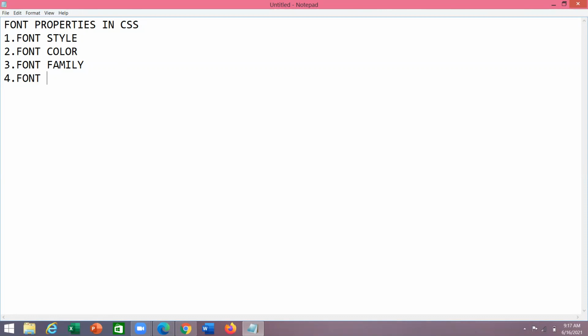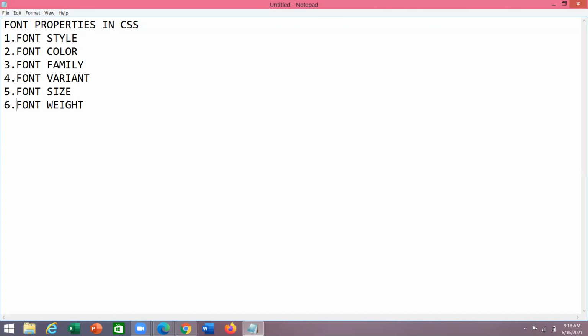And the fifth one is font size, and the sixth one is font weight. So these are the six types of font properties.